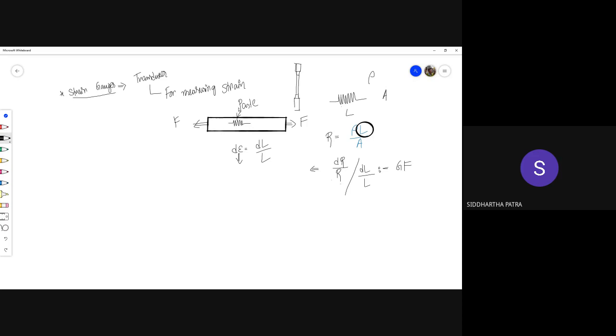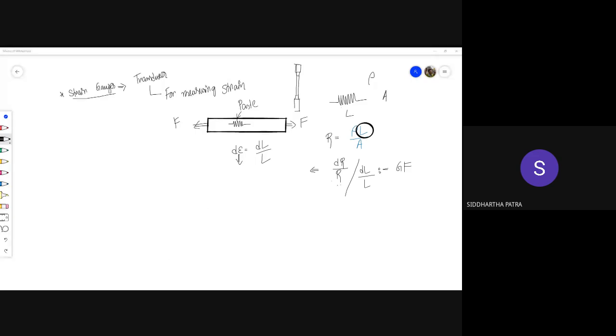And how does it do so? It basically involves a resistance which would be pasted on a given specimen, and with the change in the length of the specimen over its original length, there would be changes in its resistance, and our job is to measure the change in the resistance, and that way we would be able to measure the change in the strain. Okay. But one more thing, we are also not good in measuring changes in resistance. Directly measuring the changes in resistance would be difficult.